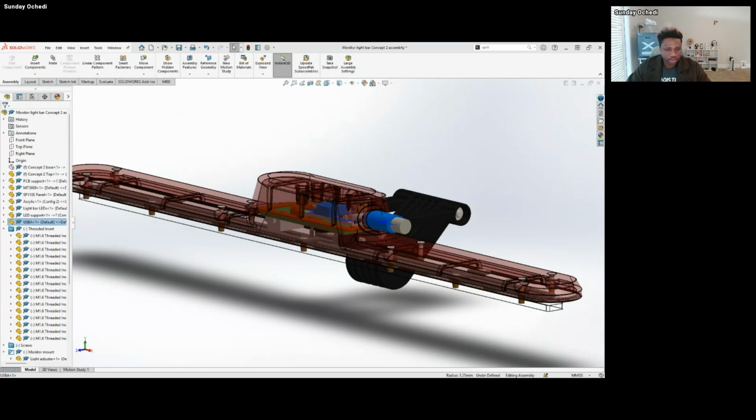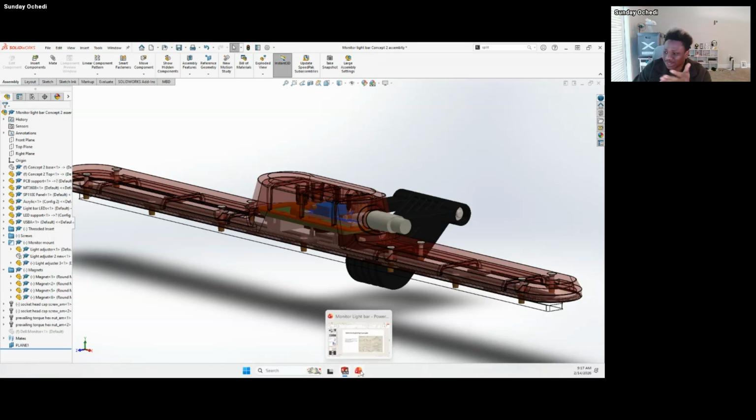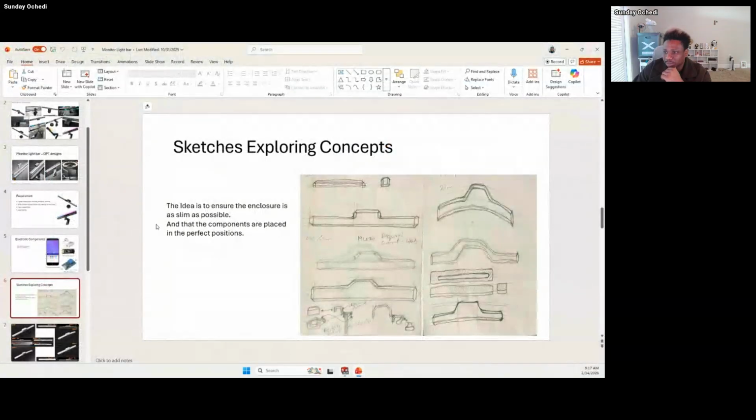Okay, so I have a question here. It says, how do you write down the design requirements, technical analysis, problem definition before really jumping into CAD models? Okay, I didn't want to show this before. I was just trying to jump into the main fun part. But this is a PowerPoint slide I have, and